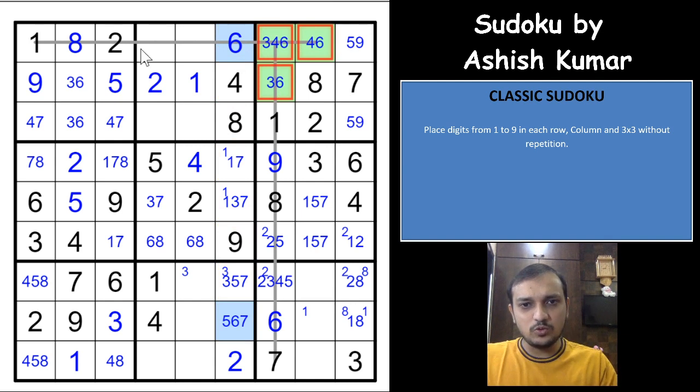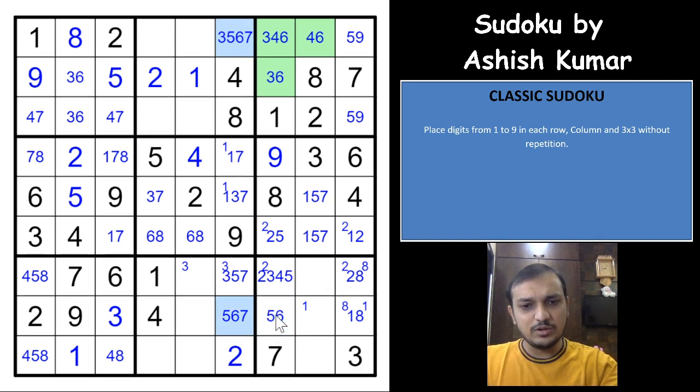So you have exactly one row, one column, and another column that has only 2 possibilities of 6, in which one of the possibilities touches the row or the column that we have marked, the marked row and column. So this mutual cell, seeing both the other possibilities, will never have a 6. So now this cell can never be a 6.